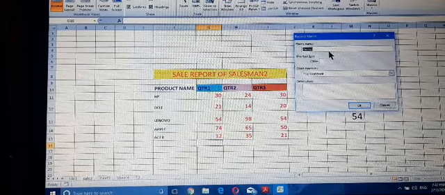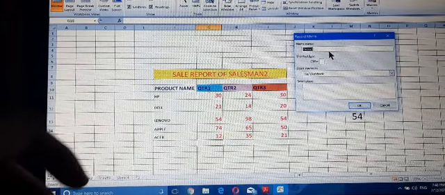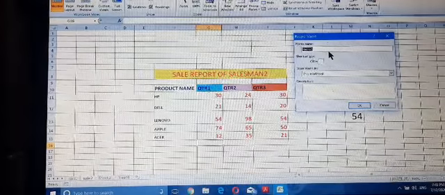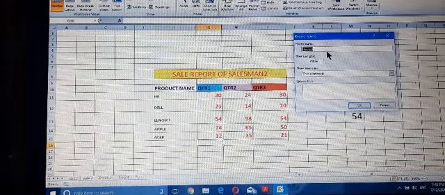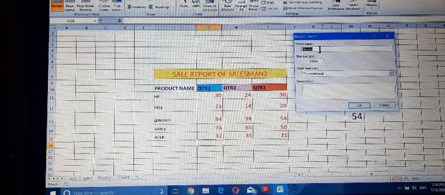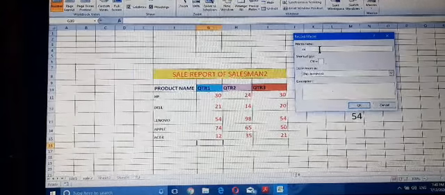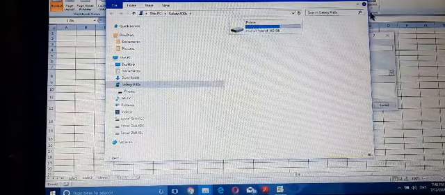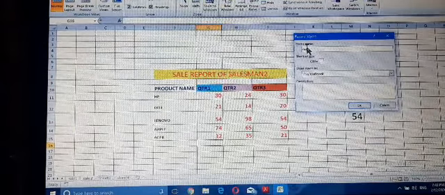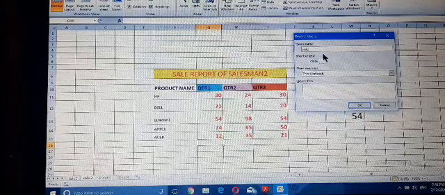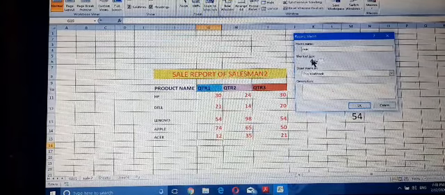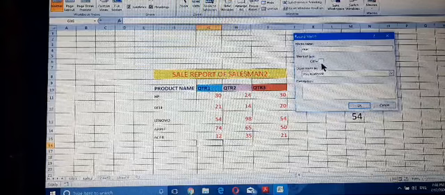Enter a name for the macro here. By default the name of the macro is Macro1, 2 or 3. I enter cell for the name of the macro. You can also assign a shortcut key, Control plus.